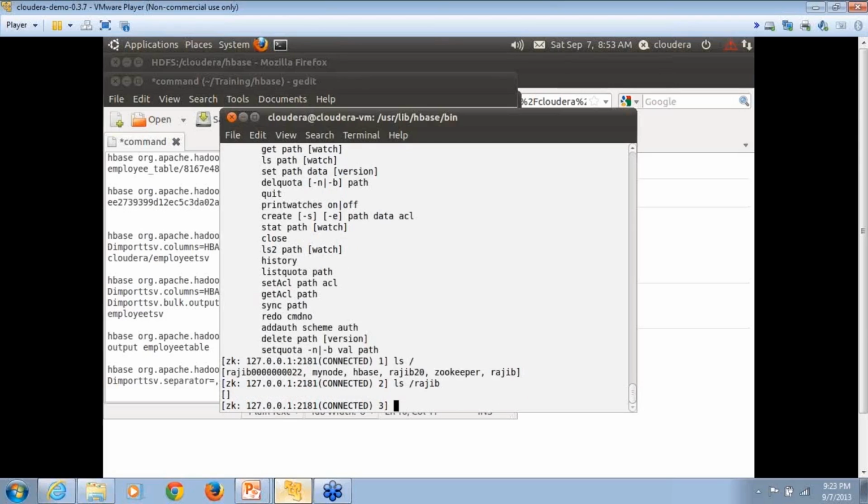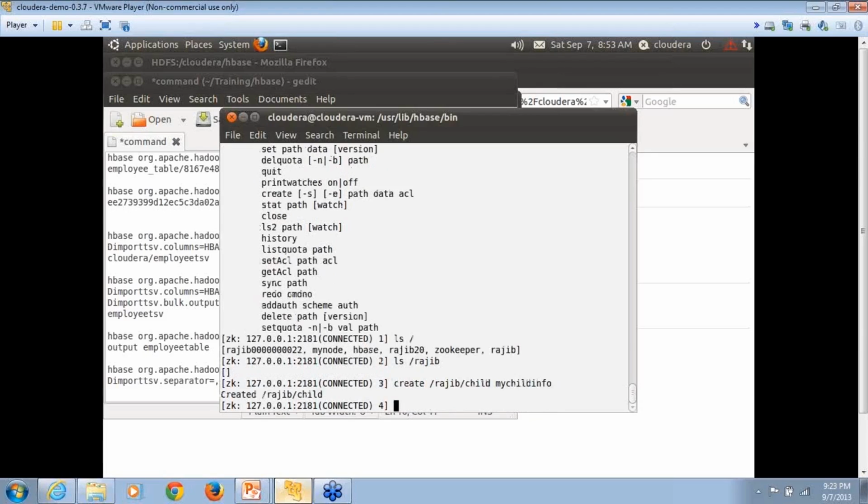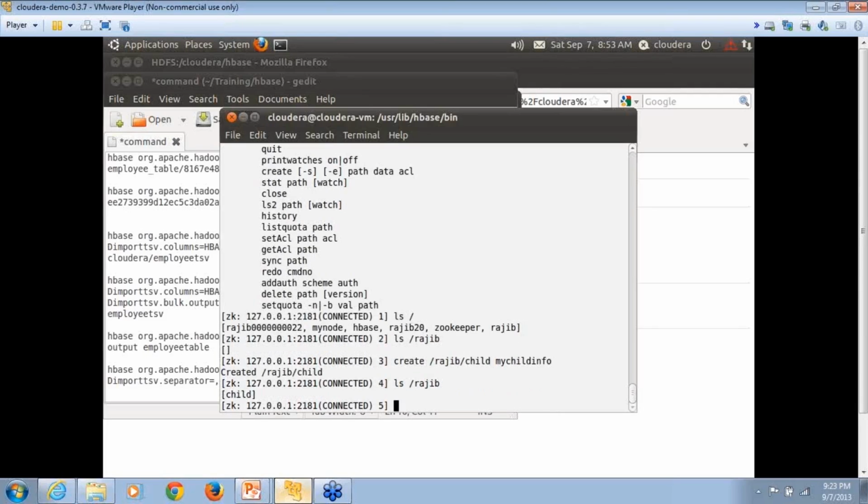Okay, I do not have a child under that, but I can create a child. Let's say Rajiv child, and I can give metadata, so I can store some data under this child also. I can say my child info. So now if I do an ls, I can see the child node created, and if I want to see what data the child node has, I can say get